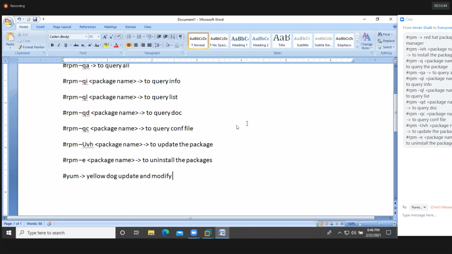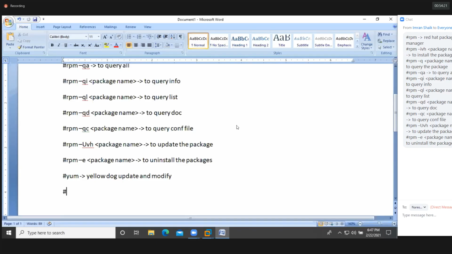packages from the internet. For example, coming to CentOS, if you install CentOS, by default we'll have the repositories. You can download any package from the internet related to CentOS and you can install it. For example, you need to install Ansible. You can download Ansible from the internet, but you should have the repositories. In CentOS, for enterprise Linux related packages, you should install EPEL, Extra Packages for Enterprise Linux. yum install epel-release.